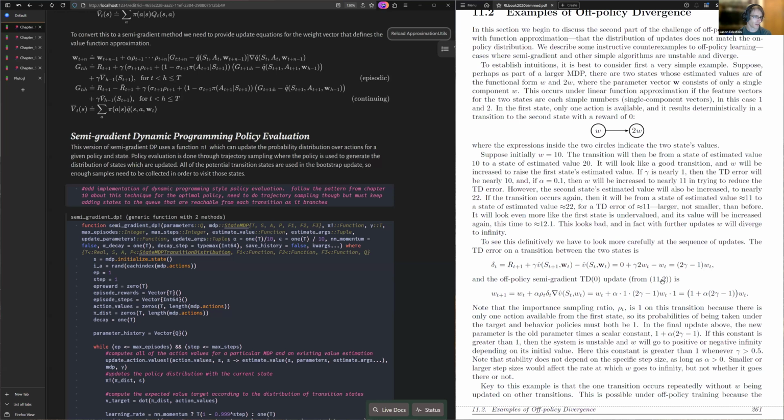Right? And then if we take this and apply the weight update, the semi-gradient weight update, the importance sampling ratio, again, in this case,